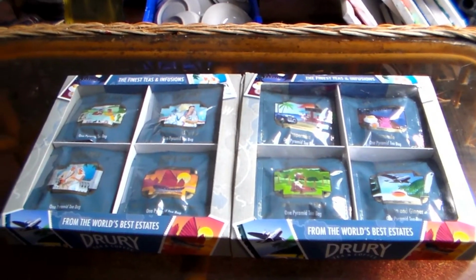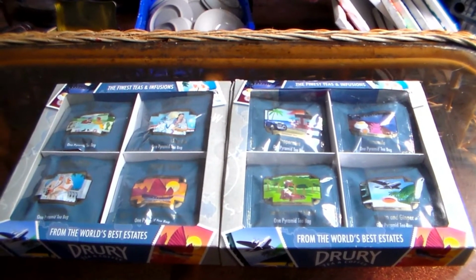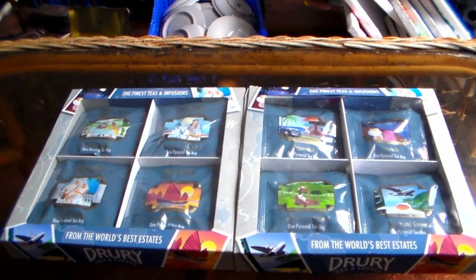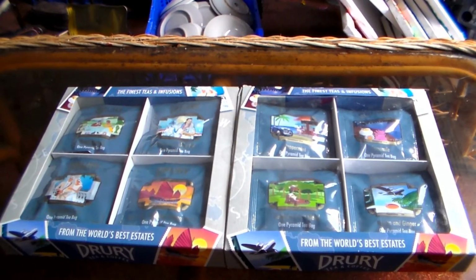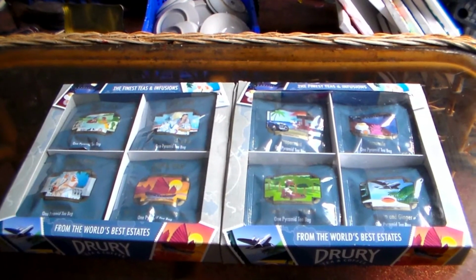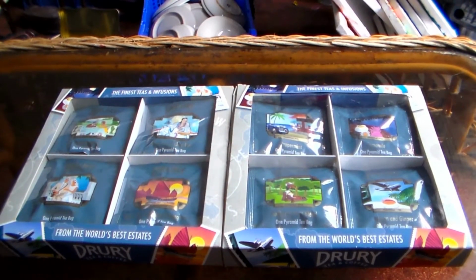But before we begin, I'd just like to point out that I bought these back in February before the lockdown, and I sort of just forgot about them. They were on my shelf for a while and I thought, well, I better make a video of these because they're still in date until October 2020. So I thought I'd just get myself together and do a video. Anyway, like I said, I bought these back in February, and they're from Drury Tea and Coffee, which is